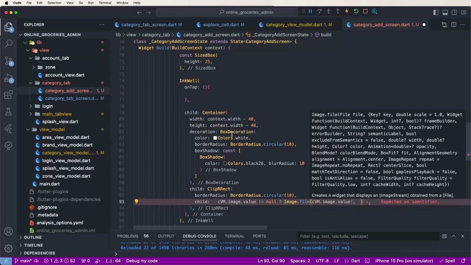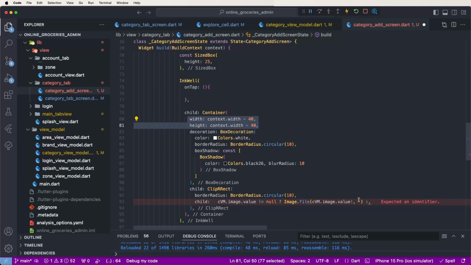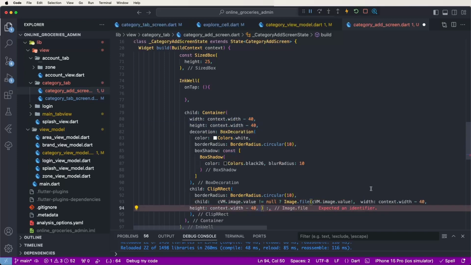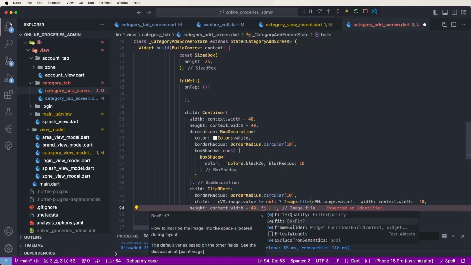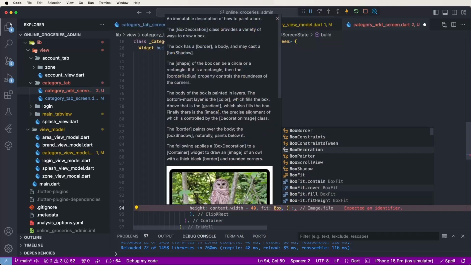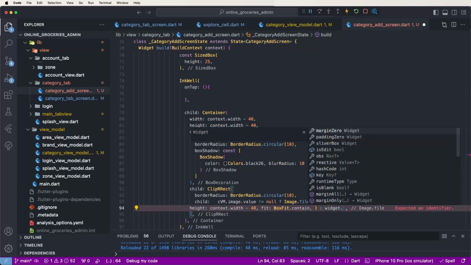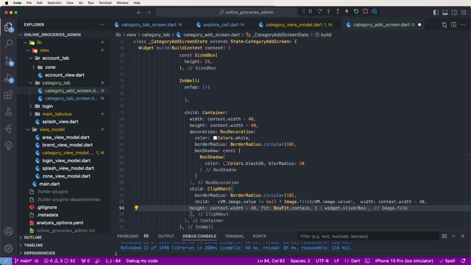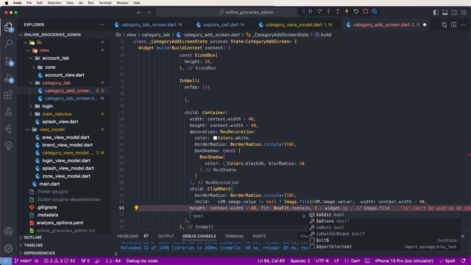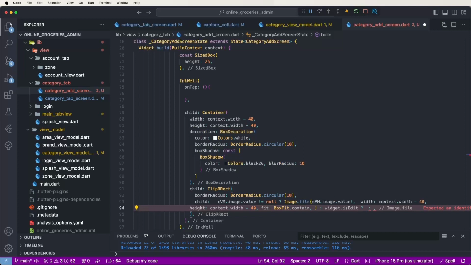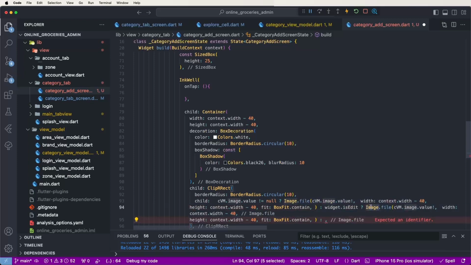Now same as that, need to give this the width and height, need to copy and paste here. Then after need to set here the fit, BoxFit.cover. Now we need to check here widget.isEdit, like this sets. And now need to first of all set here the UI. Now need to copy, paste this here. Now need to change here,